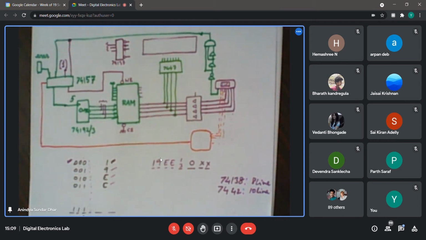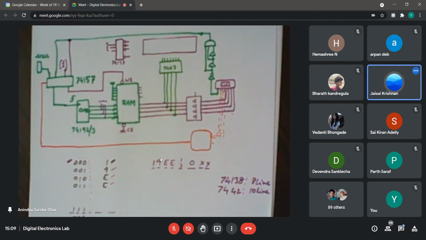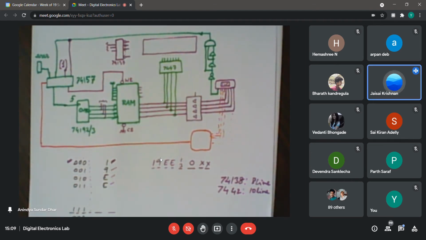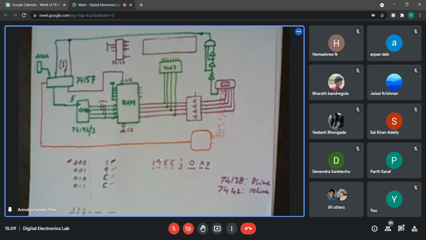So I need to ensure that the first character is written on the very first location, which is 000. Whenever we want to enter a new number, we have to reset the counter to 0. Right. So think about some such mechanism, how you can do that.